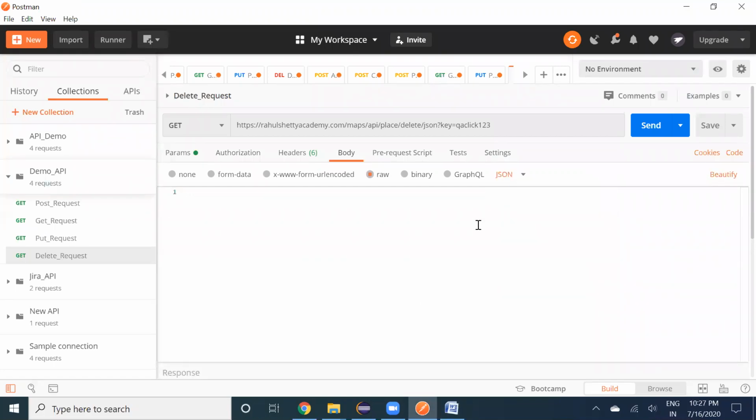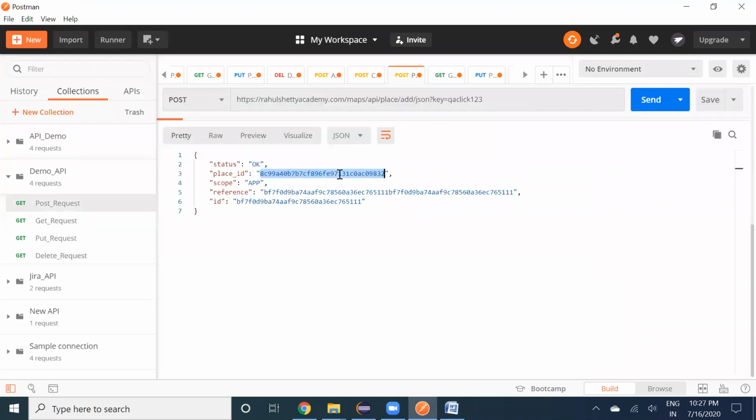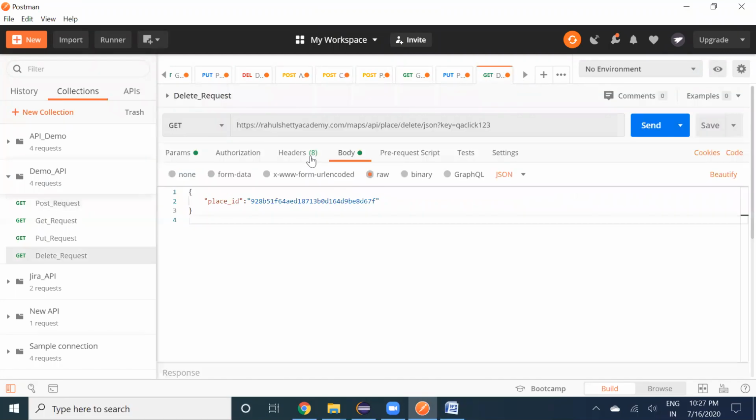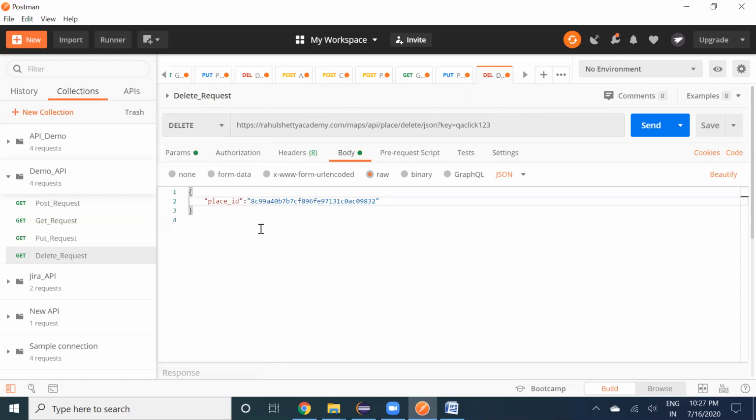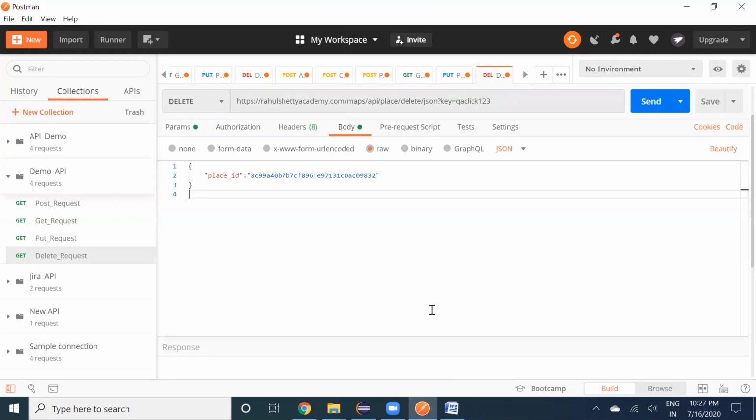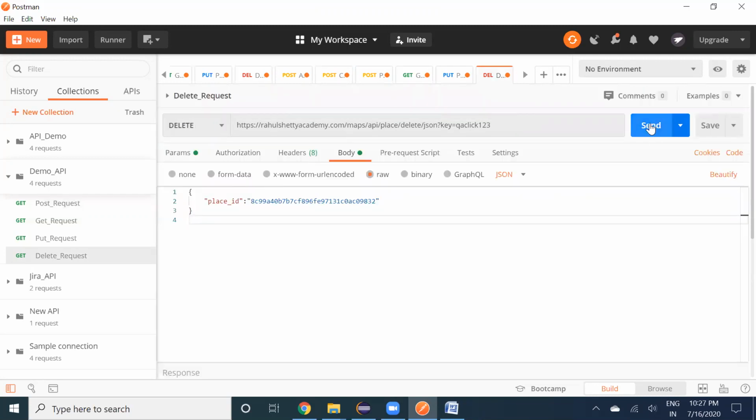So with the help of a place ID, he is going to delete now. He gave a place ID. Now he's changing the request to delete. We are going to delete now. Now you click send.